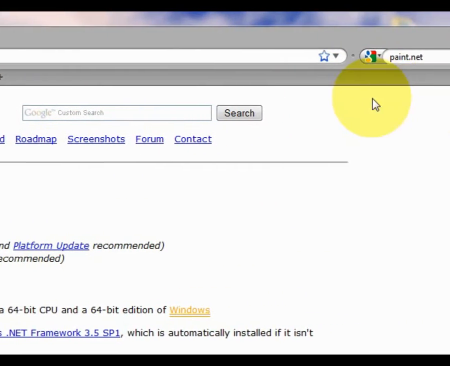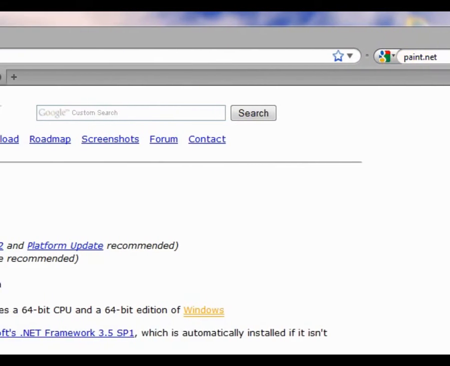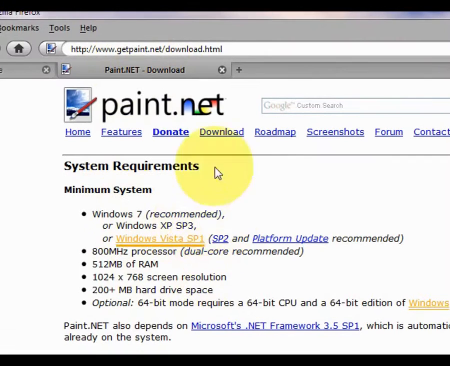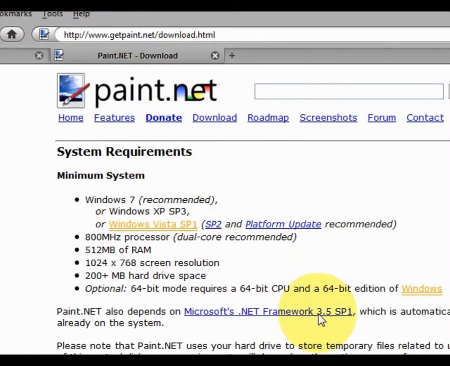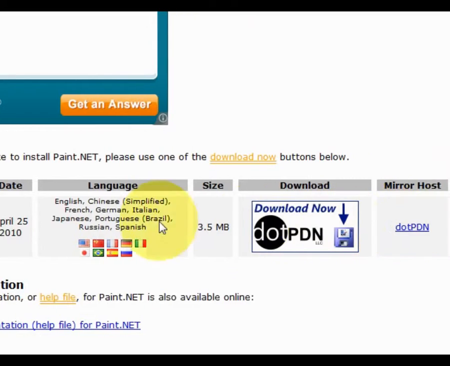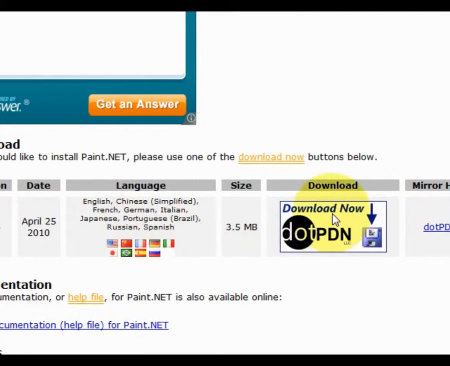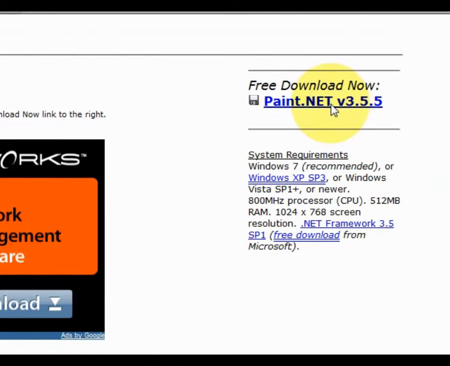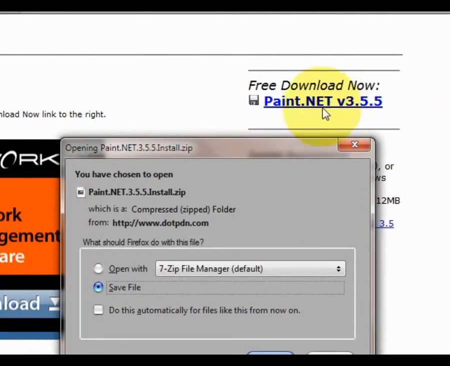If we do a search on Google for paint.net, or we can type in www.getpaint.net and it will bring us to this website. I've clicked on the download link here, and if we scroll down the page we come to this table here, and we can click on the download link, and then we can click on the actual link to download the